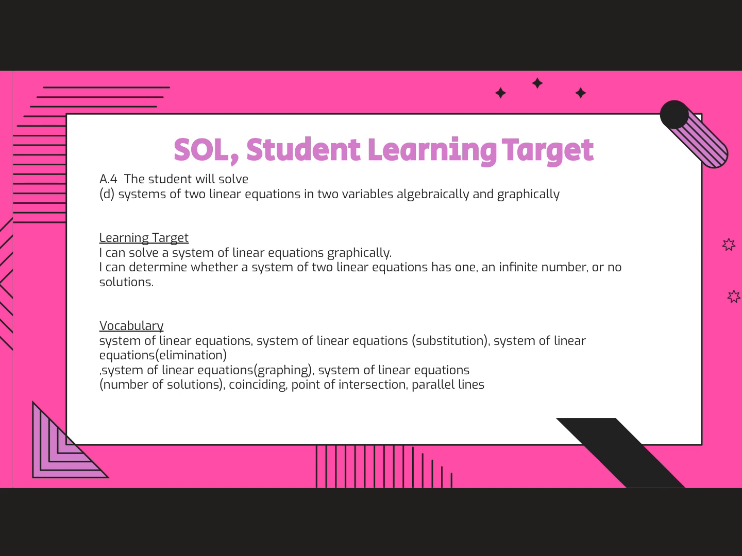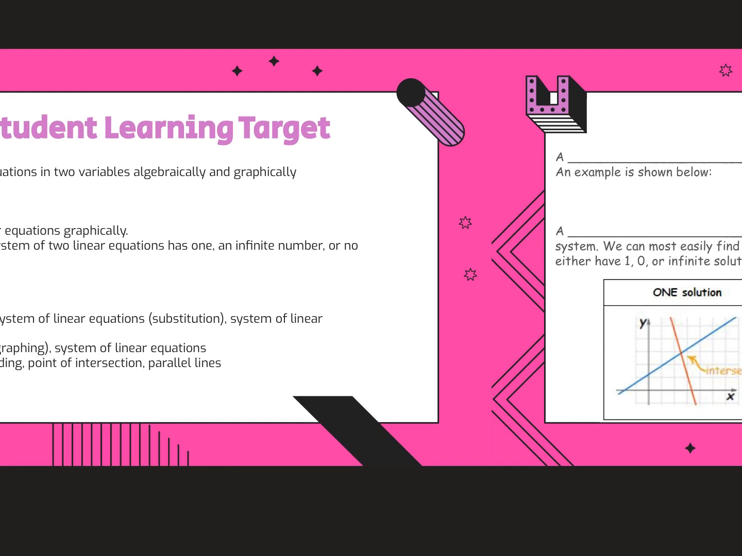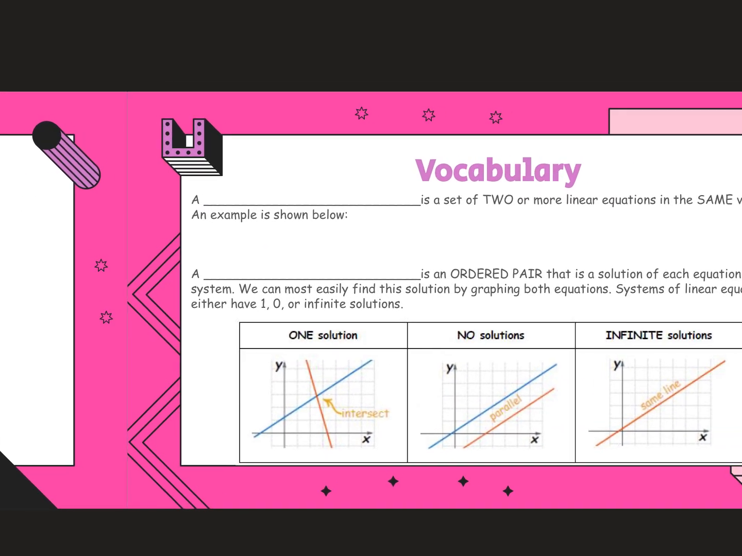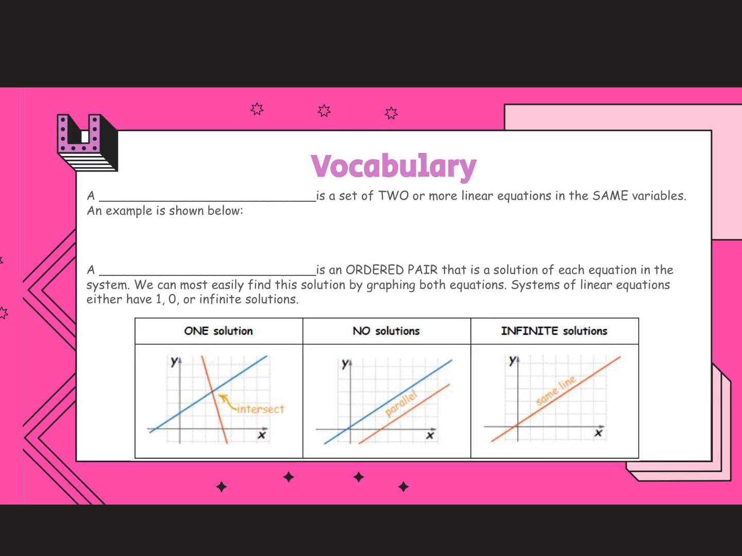So this goes back to when we solved equations. We could have one solution, no solution, an infinite number of solutions. The same applies when we are graphing. All right, so looking at a little quick vocabulary. All right, so we say that a system of linear equations